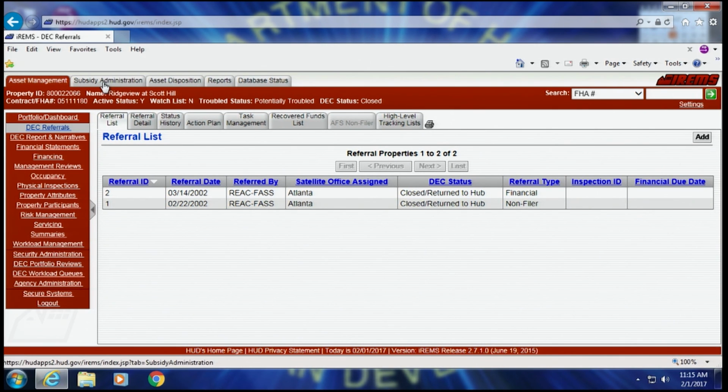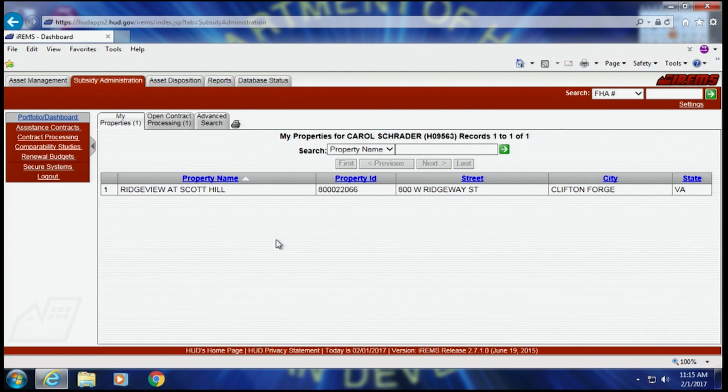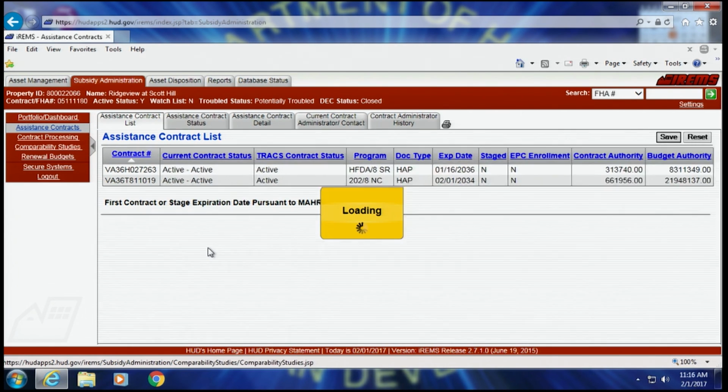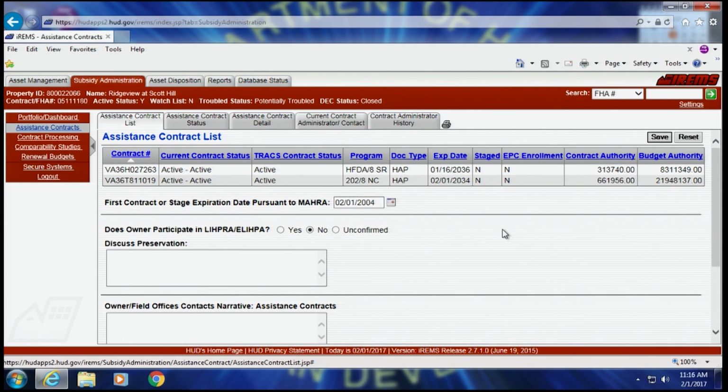As you can see also, we know that this property has a Section 8 contract. So if I go up to this particular property and I click the subsidy administration screen, I see that this property under its IREMS ID has a contract, or it would not appear here. So I can go up and I can simply go into its assistance contracts, and I see it has 2 assistance contracts.